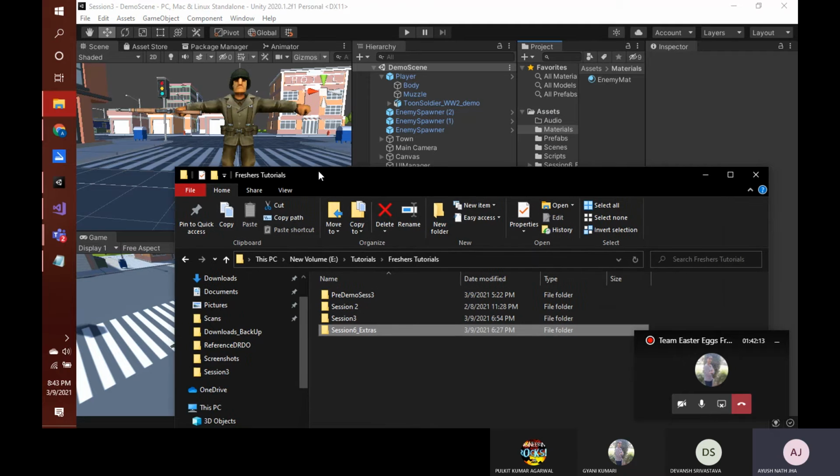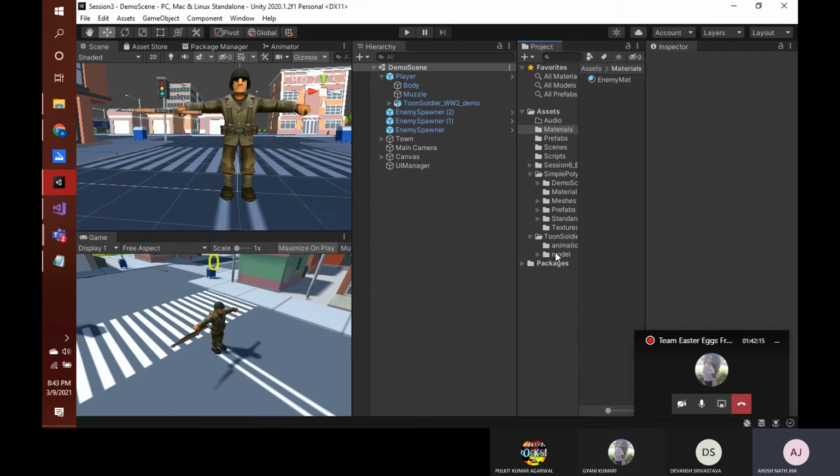Yeah, now it's imported. So in this folder you can see that I have one background music, an image, and one SFX. So this is for a laser shot. So this is to be played when the player shoots.